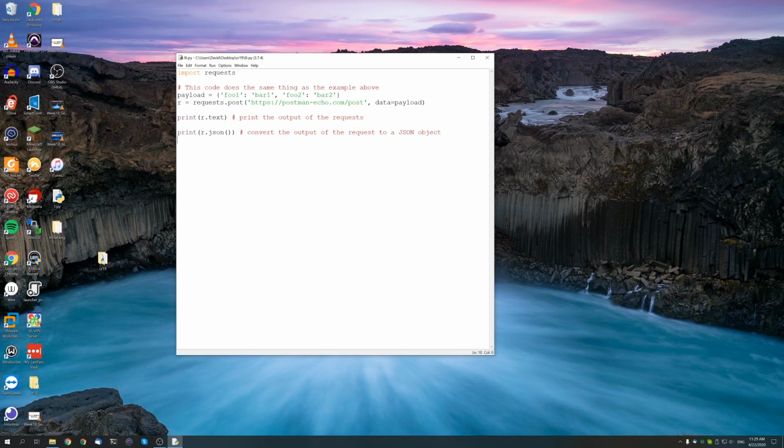Now, the second type of request we're going to be looking at is the post request. Now, to send one, simply use the .post method from requests, and then after we're just going to give it the post URL from postman-echo. Now, note that some websites actually reserve certain pages to certain web request types. So, for example, this /post will only accept post requests. So if we go ahead and just run this,